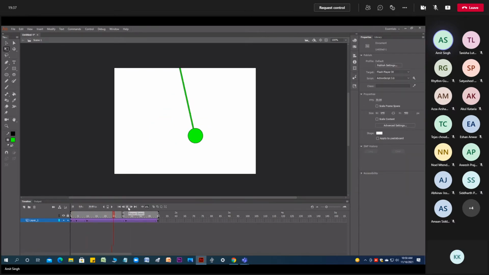Same exercise you have to write down. What if you do condition A? What if I reduce the time between the first and second frame? What if I increase the time? What if I change the position? So it decides, in coming classes, whenever you're doing character animation, what kind of behavior and mannerism you can add to your character.